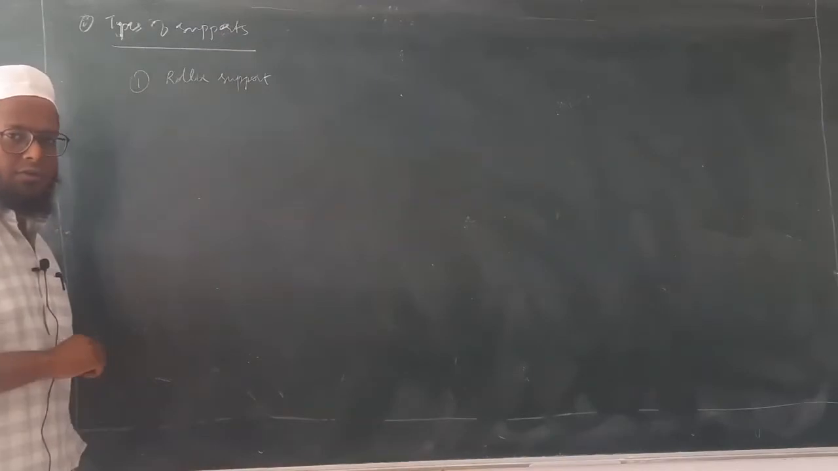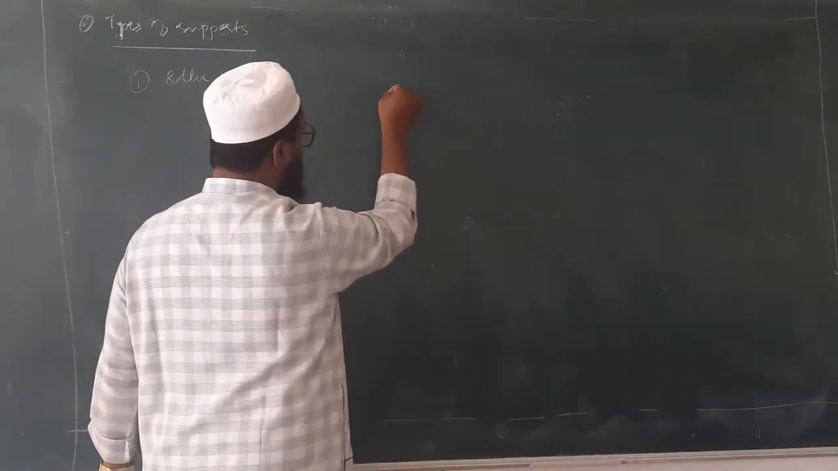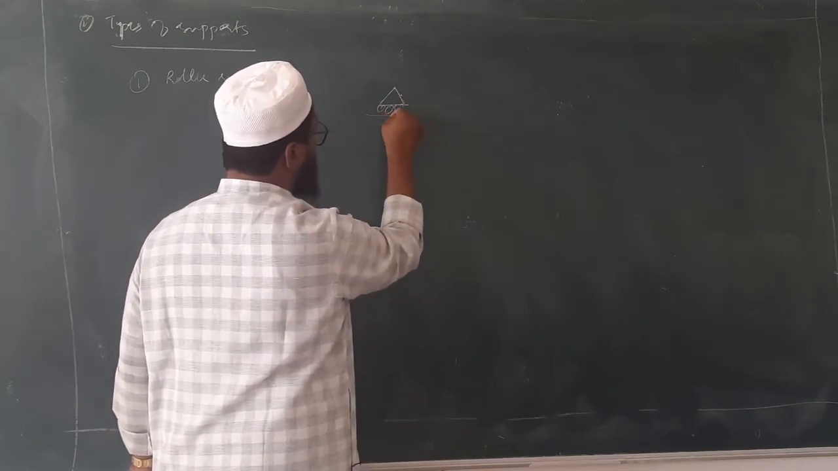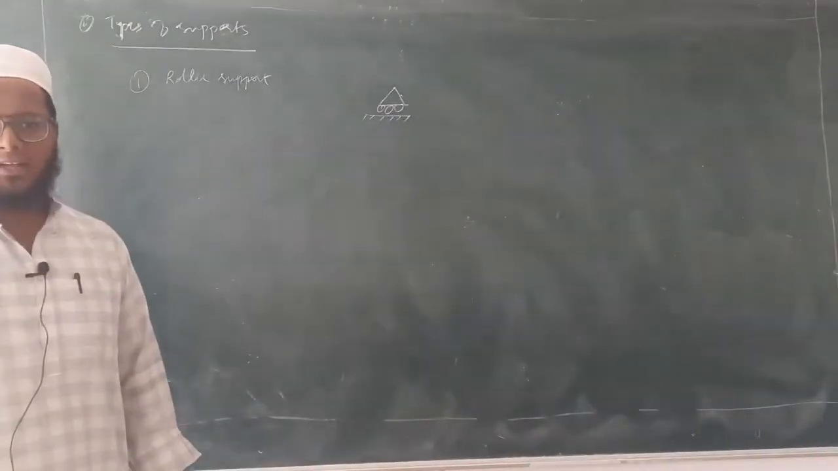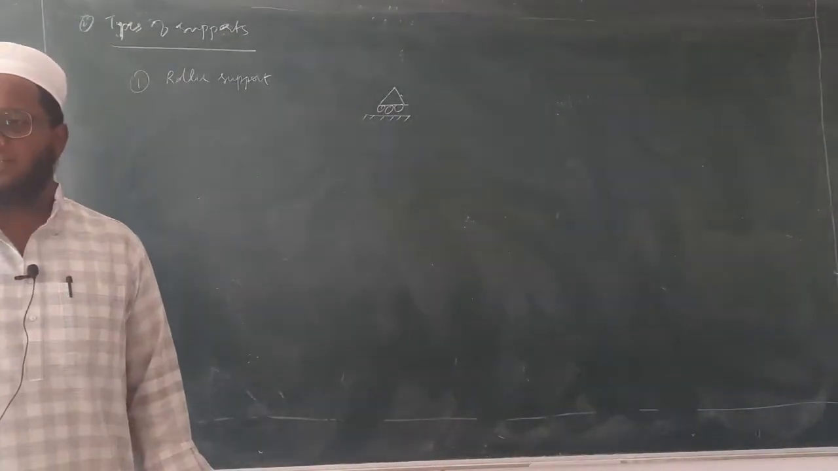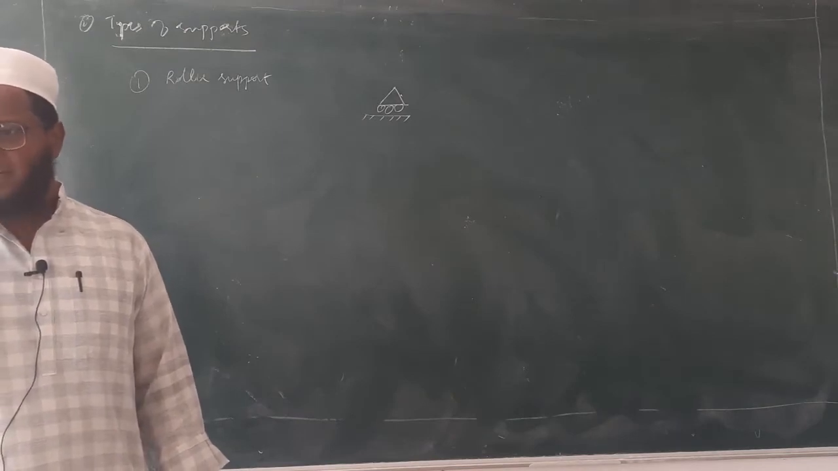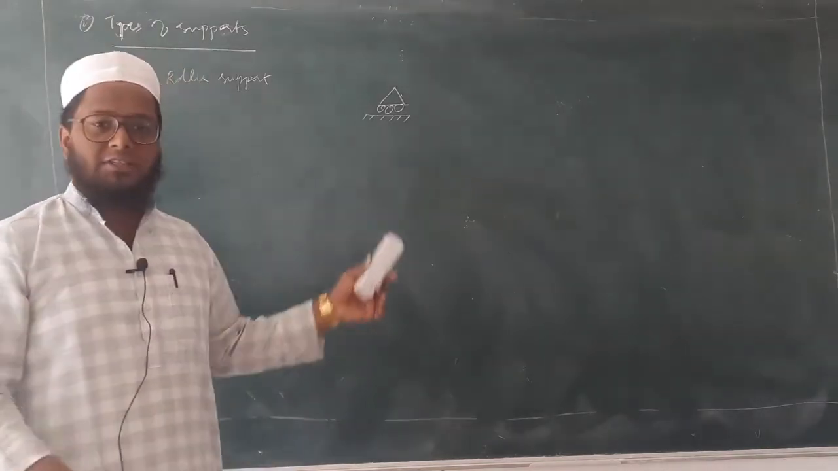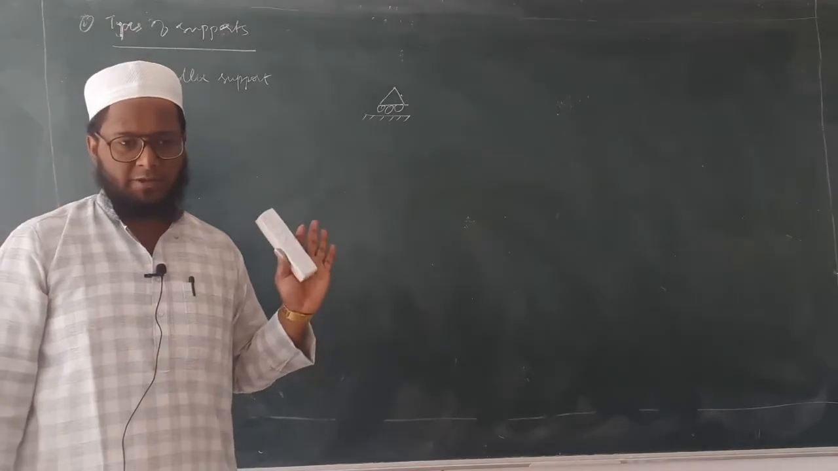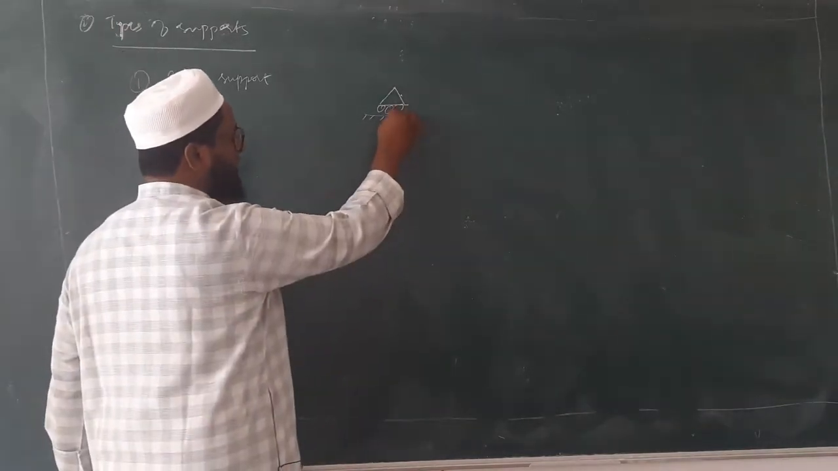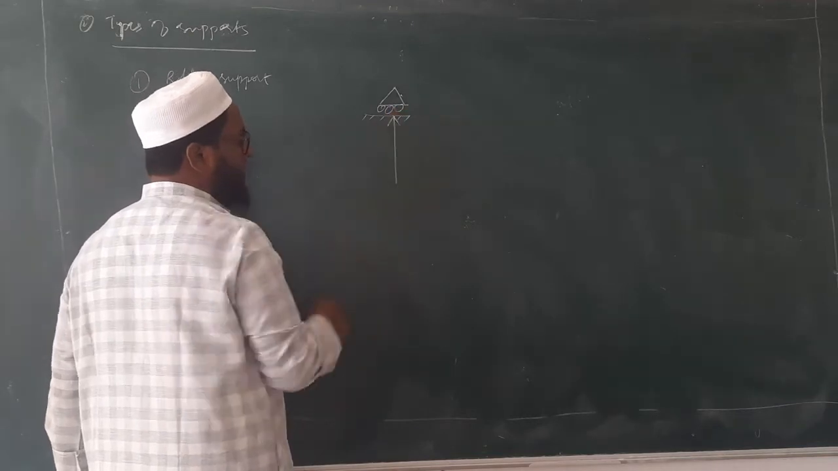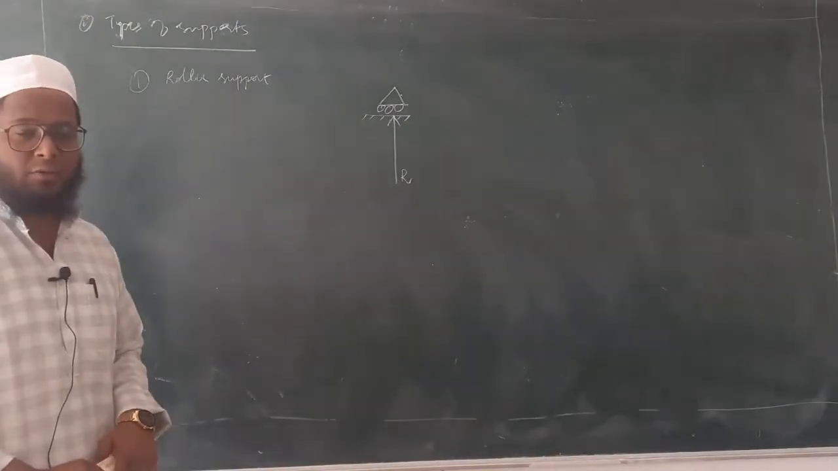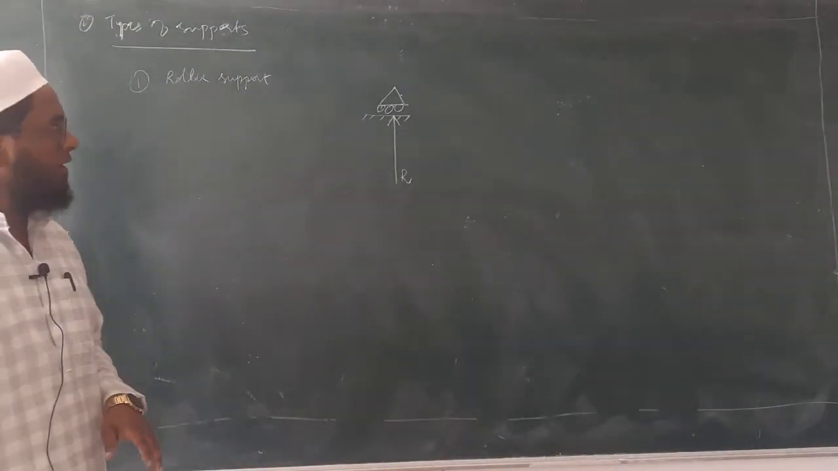roller support. Roller support is denoted this way. And how many reactions does roller support have? Roller support has only one reaction, and in this case also, the reaction will always be perpendicular to the surface. This is the reaction. Able to understand? Roller support has how many reactions? One reaction. Okay. Next is